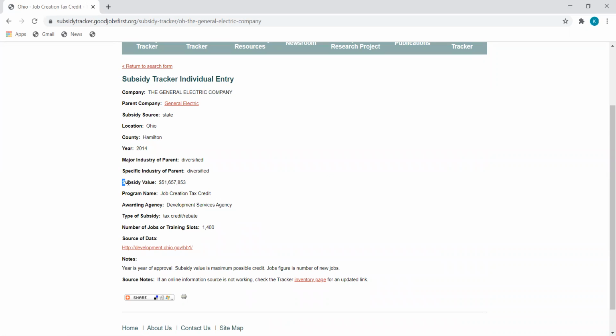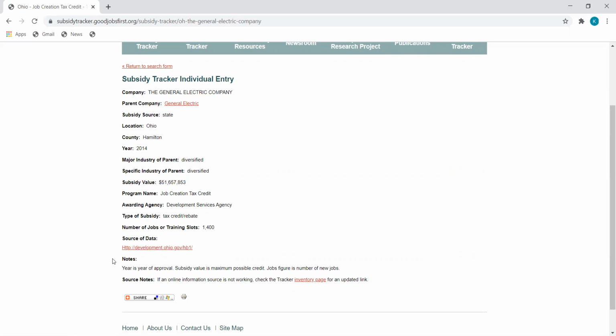Also, I would like to point out that different agencies present data differently. So some agencies will tell us how much a particular company is eligible for incentives over, let's say, 10 or 20 years. So the total amount of incentives a company is eligible for over a period of time. Some agencies will tell us the amount of incentives a company received in 1 year, or how much a company received up to date. So because there is no standard way of disclosing subsidy information, we included a note section